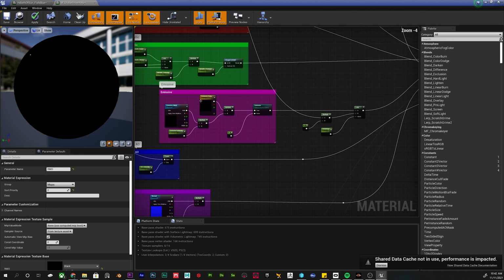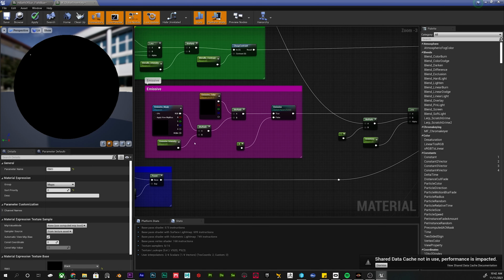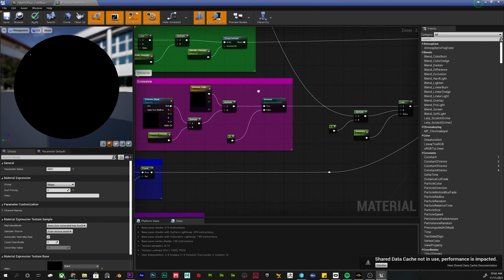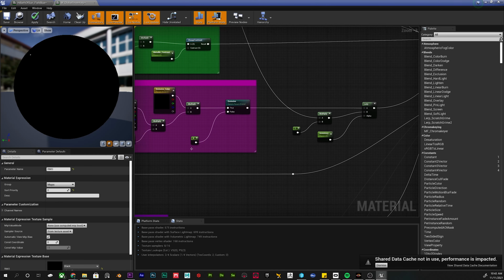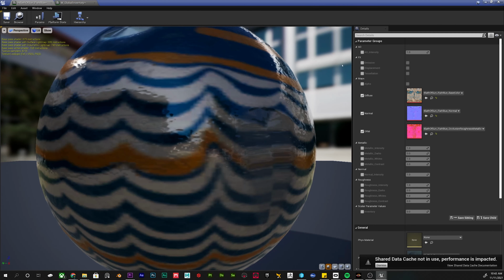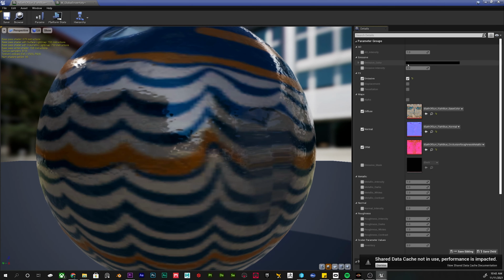Then what I did is, since we have an emissive channel, and this emissive channel is for any texture that has an emissive property, and I have an alpha mask for this emissive, you can change the color for the emissive and the intensity, right? In our actual material, you can turn on the emissive channel, which is up here. And once you turn it on, you get a slot to put your map on, as well as an emissive